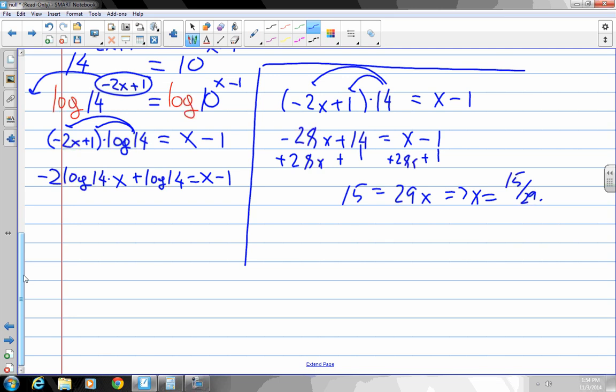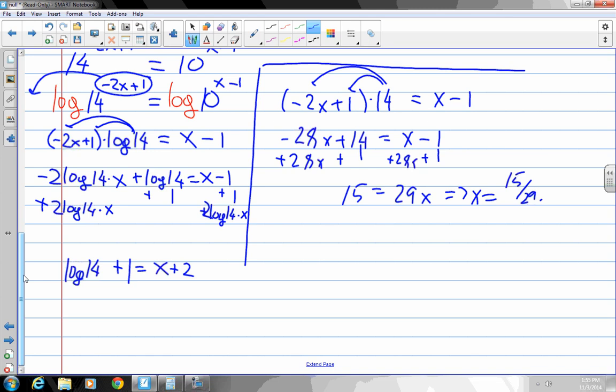Then I want to group all the constants on one side, all the variables on the other side. For some reason, we were adding 1 there, so let's add 1 here and add 2 log of 14 times x on both sides. So what appears is that we have log of 14 plus 1 equals x plus 2